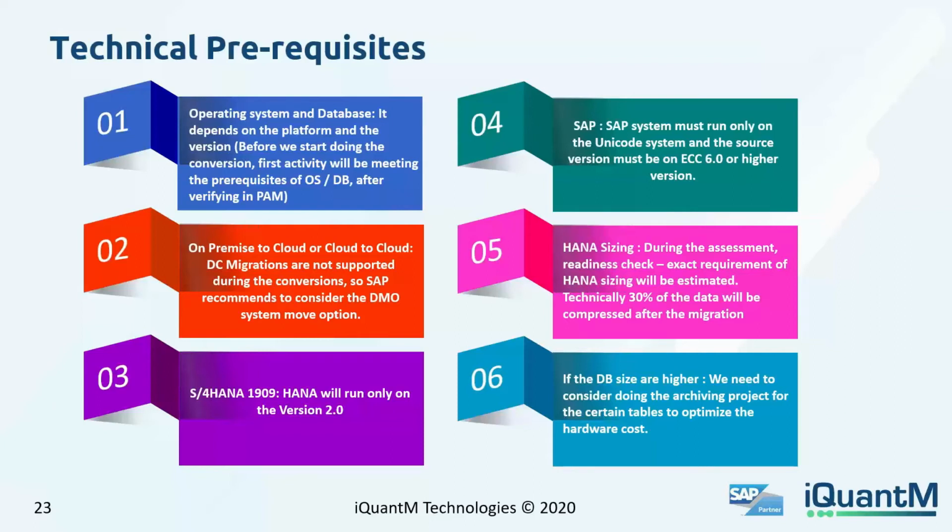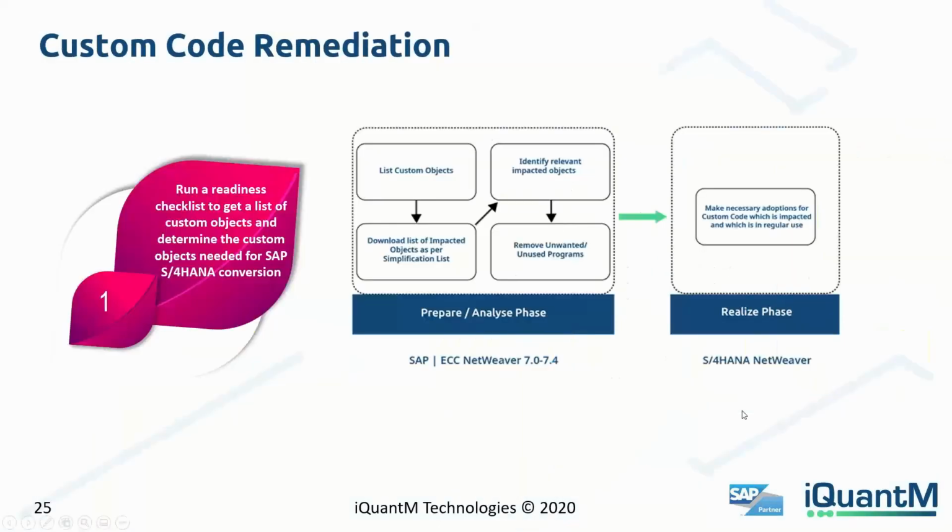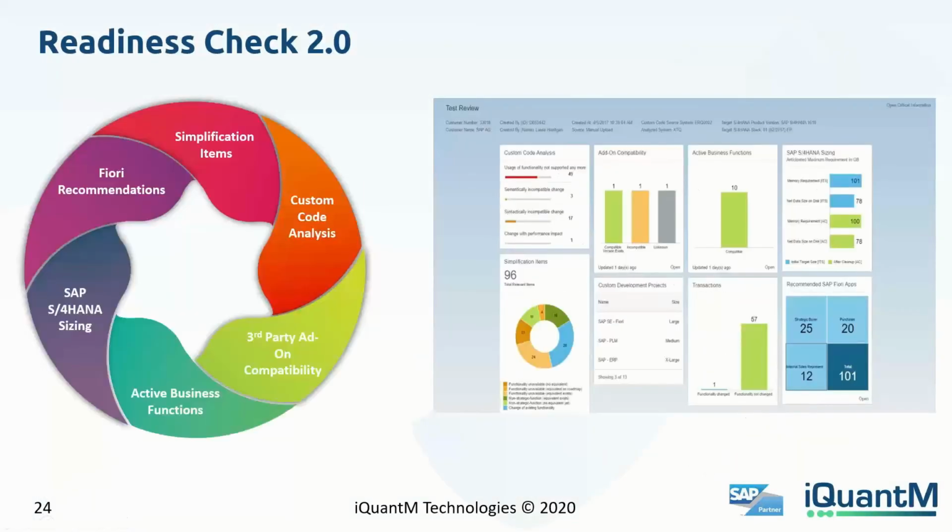Moving on, I will quickly touch upon the functional changes that we need to make. In terms of the preparation phase that I was talking about earlier, the readiness check, SAP has released the readiness check 2.2, which basically gives you the complete overview, an analytic dashboard, in terms of what are the custom codes that are getting affected during your S4 conversion, what are the add-ons that are not compatible with S4, or what are the changes that you have to make in your source system to make sure that your add-ons